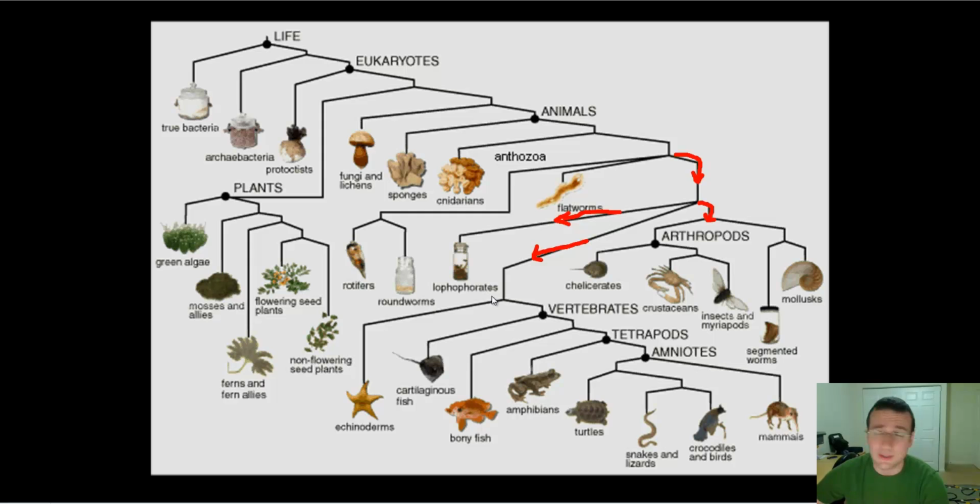By the way, this is just a simplified version of animal diversity. There's a lot more types of animals which are not included here. These are just the major groups. Okay? Now, among the ones that actually are going to have internal cavities, we're going to have, for example,